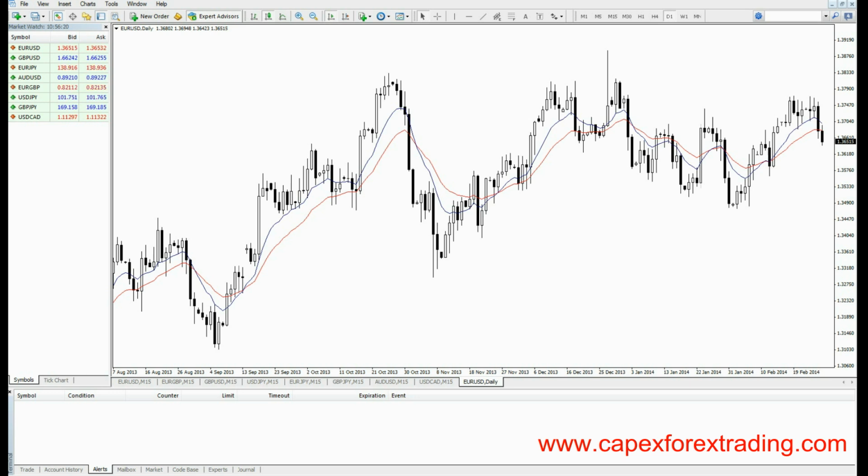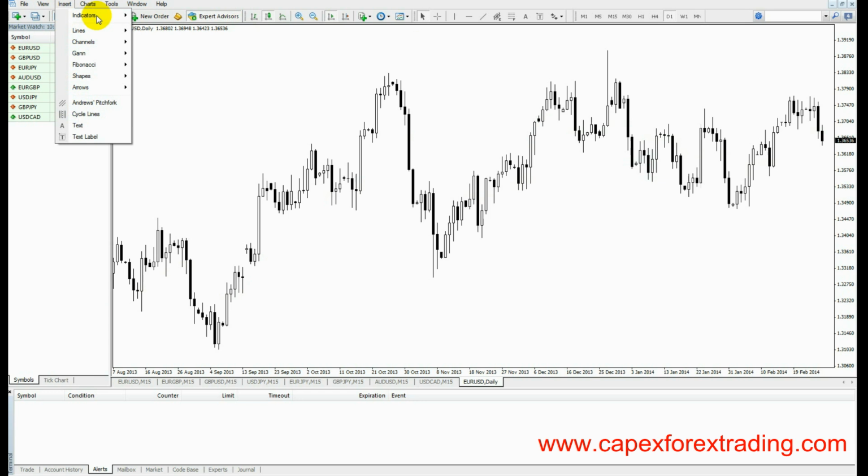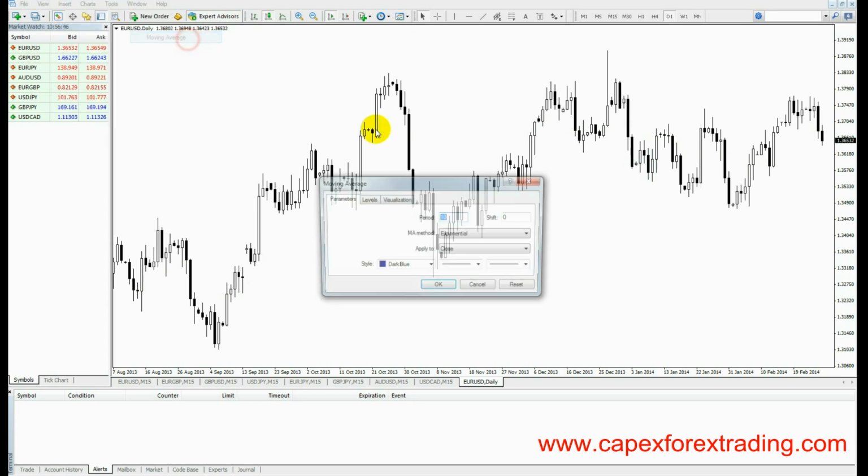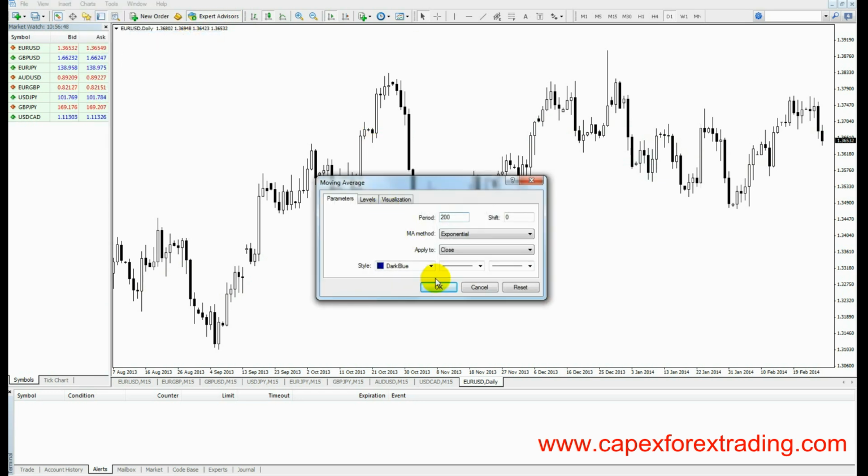Now lastly, for some reason, a lot of traders seem to think that there is a magic number in moving averages. So they seem to think that the 10-period moving average is the best. Some people tend to think that the 20-period moving average is the best, but this is not true. There is no magic number to moving averages. It really depends on the strategy that you are trading. So for example, if I delete this indicator and this indicator here and add a new moving average of, let's say, 200,